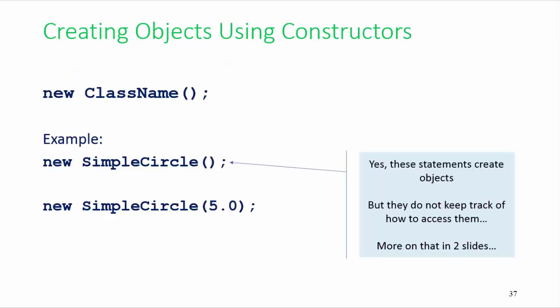Okay, so for example, we could have a statement in a Java program that says new, assuming we have a class named SimpleCircle, new SimpleCircle parentheses, that's it. Or new SimpleCircle 5.0 as argument, and of course a semicolon to end the statement every time. The one thing I warned you about, I said this was going to be weird, is that if Java executes this line of code, and by the way, this is a perfectly valid line of code, it will compile,